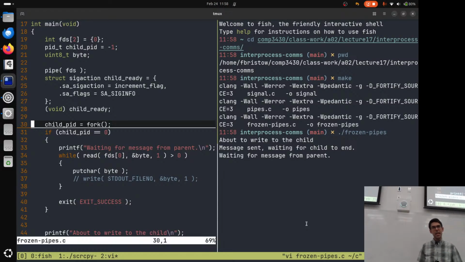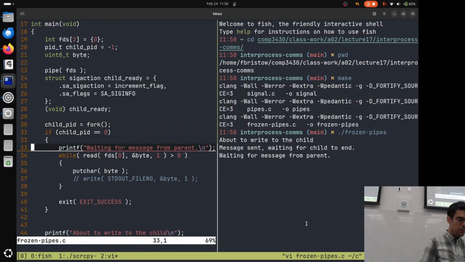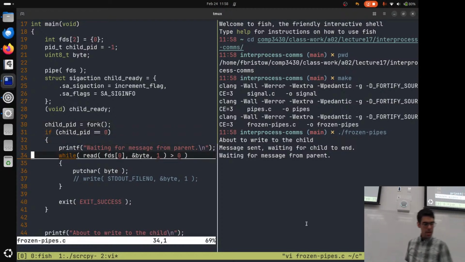We are duplicating our process control block, and we're getting different values put into that return register for each of the 2 copies that we have. The child process is reading from the read end of the pipe, and I've established here in my own code that end 0 of this array is the read end.